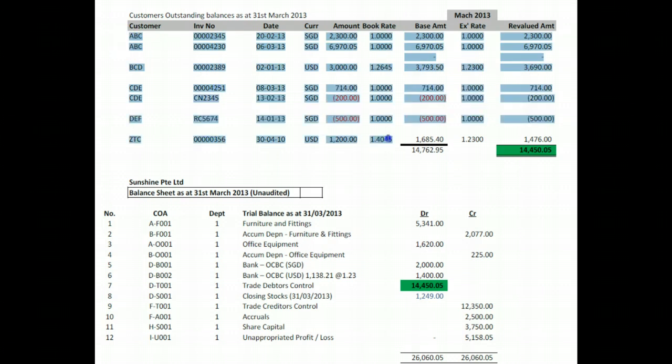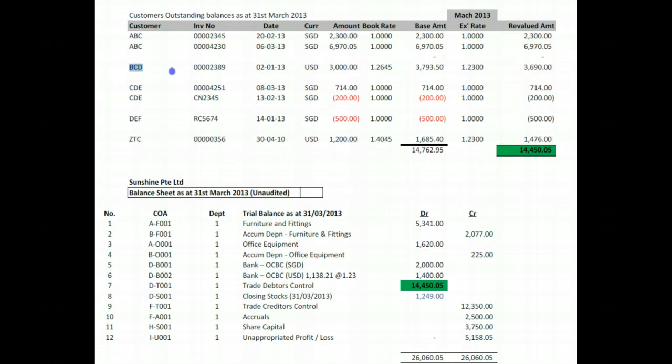These are the invoices still owing to the company in various currencies. For example, 3,000 US dollars during the time of January, it was booked in at 1.2645. And this is a credit note that is still unapplied that is owed to this customer. And this is an overpayment from this customer DEF on this date that has no outstanding invoice to offset yet. And this customer ZTC is owing way back in year 2010, 1,002 US dollars with the exchange rate of 1.4045,